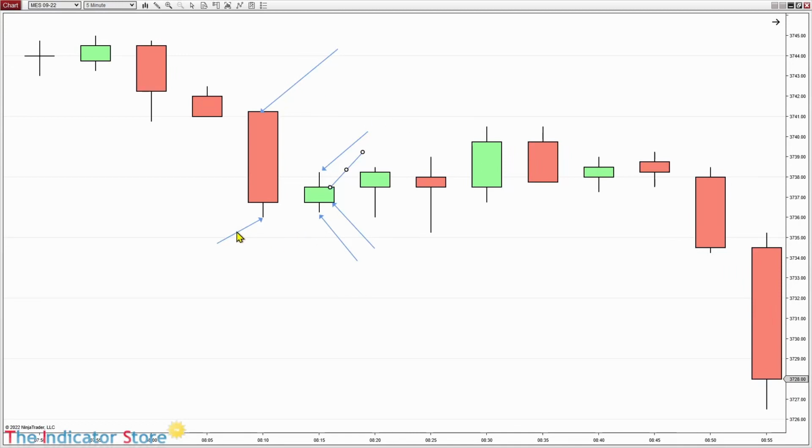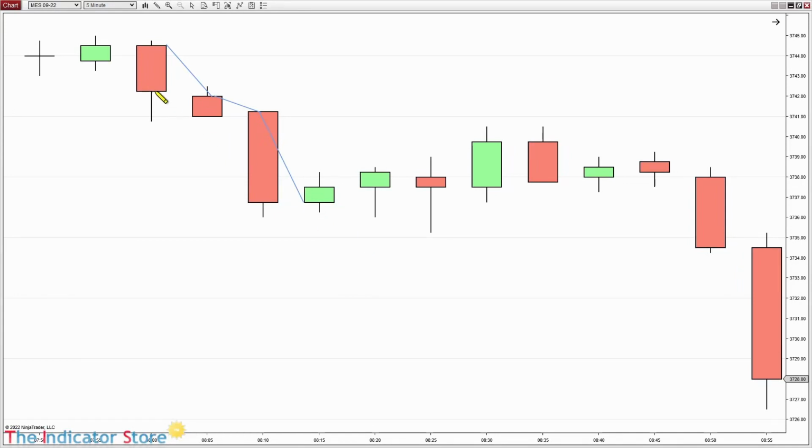If we keep looking at the opens and the closes, we can draw a line between all the opens and all the closes. For example, this is the open, another open, and here the open is at the bottom. And now if we draw lines between the closes,